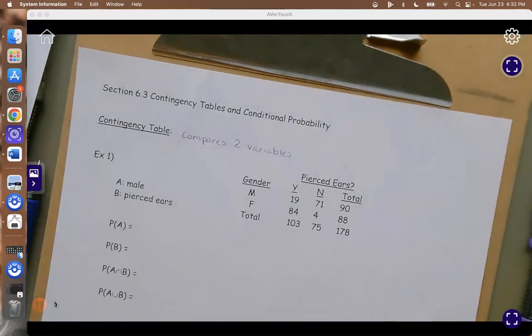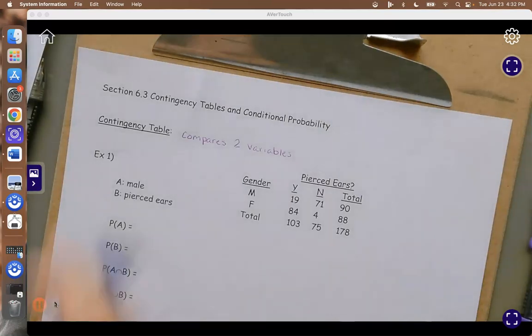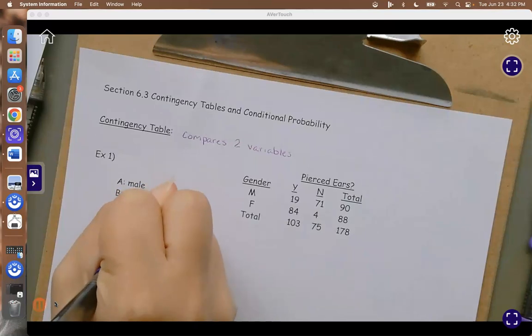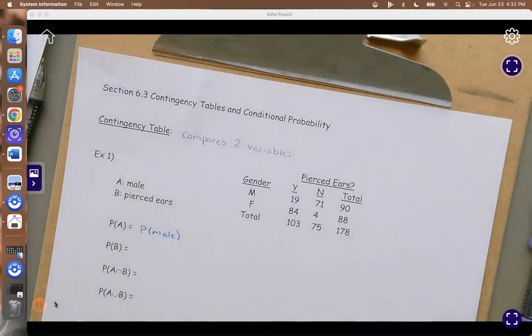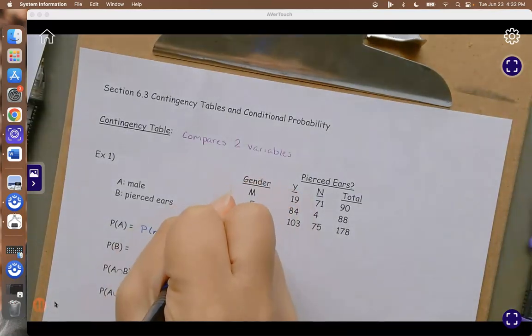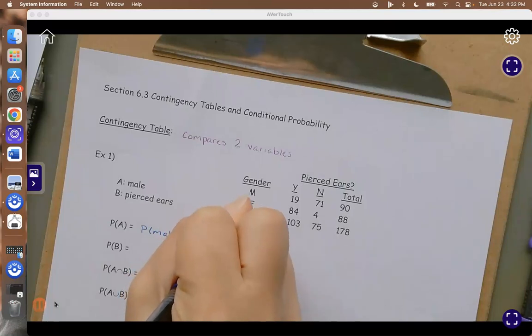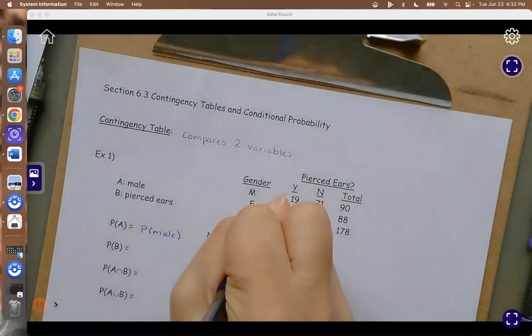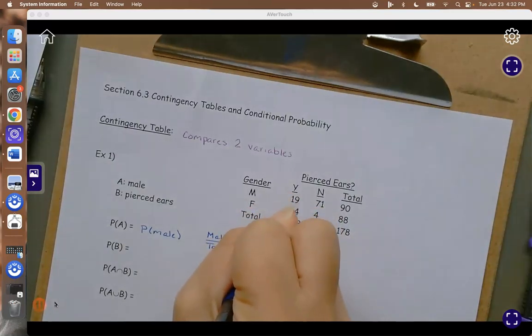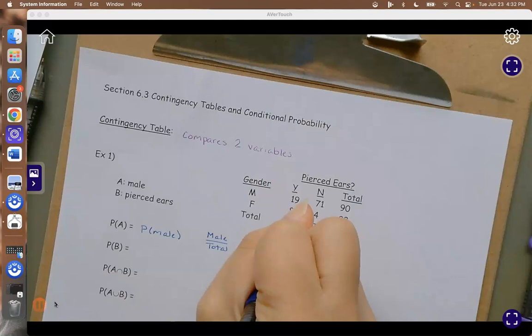Alright, so we're going to let A be male, and B be pierced ears. So when I look at the probability of A, I'm looking at the probability that the person was male. So the way we deal with contingency tables is we do male over the total. Okay, so male, there were 90 out of 178, and that's going to give me